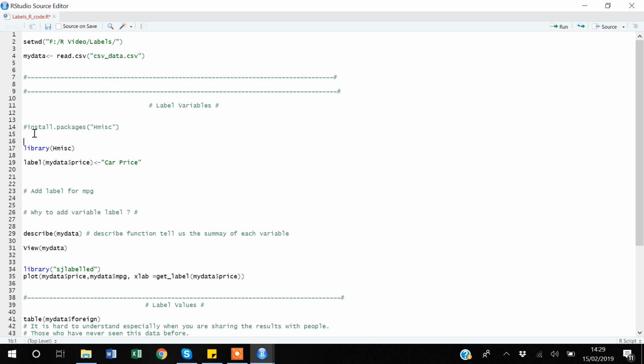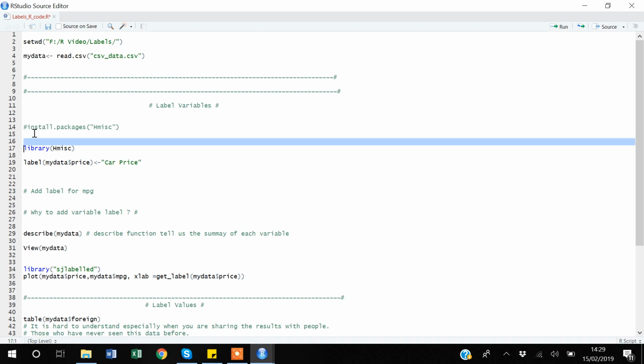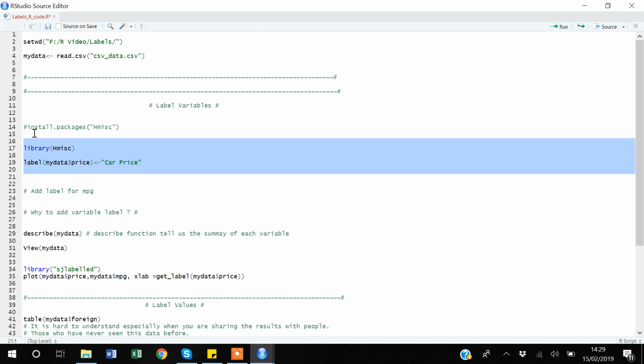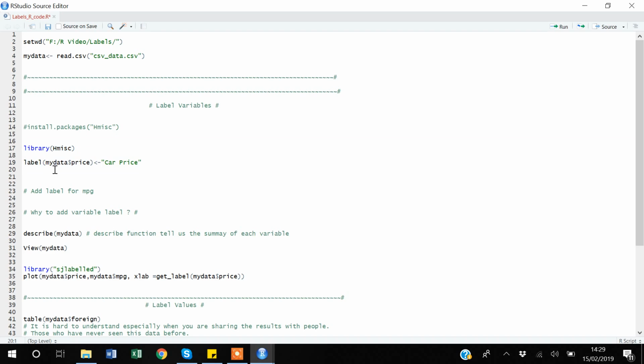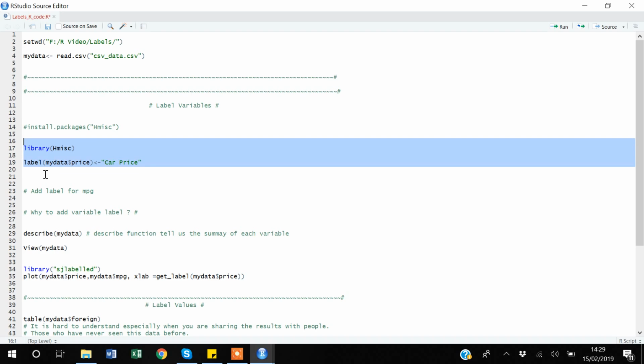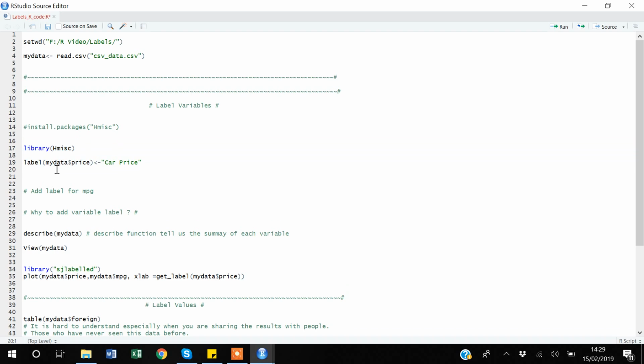Another important thing to tell you is that if you want to comment out these four lines, you can simply press Control Shift and C. Sorry, I think it's Control Shift C. But you can easily comment out these things. Firstly, you have to install this package,